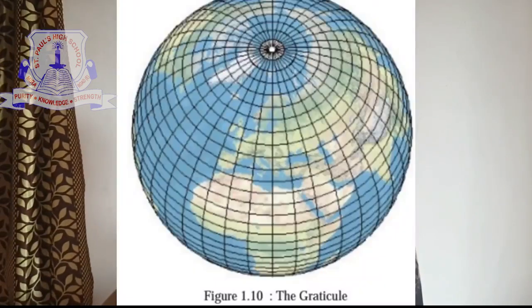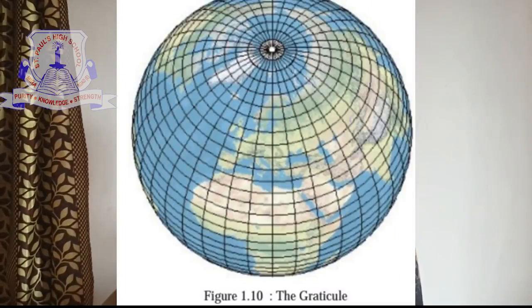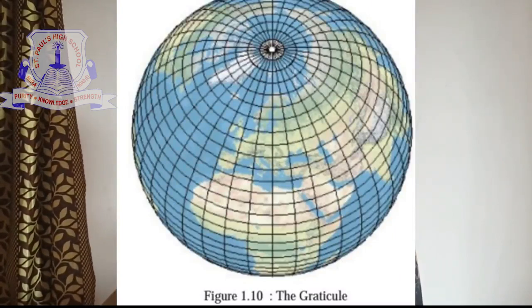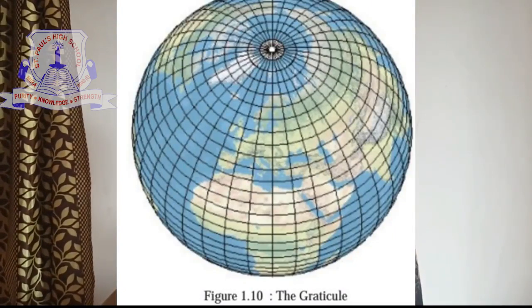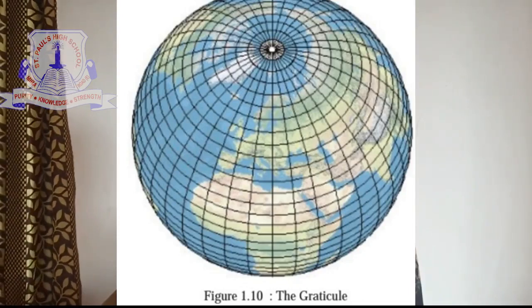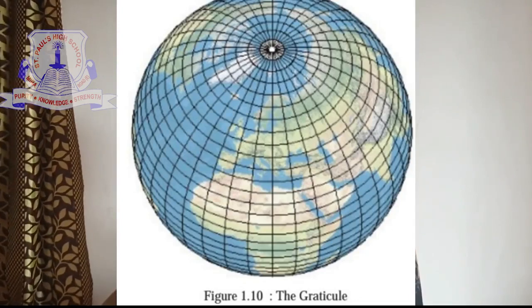These are also imaginary lines on the earth, but they are drawn on globes and maps for reference. The graticule of latitude and longitude lines is an angular measurement system. The parallels and meridians on the globe form a net-like structure, as you can see in this diagram, that is called a graticule. This facilitates determining the location of a place. Thus, we use latitude and longitude for determining the locations on the earth.